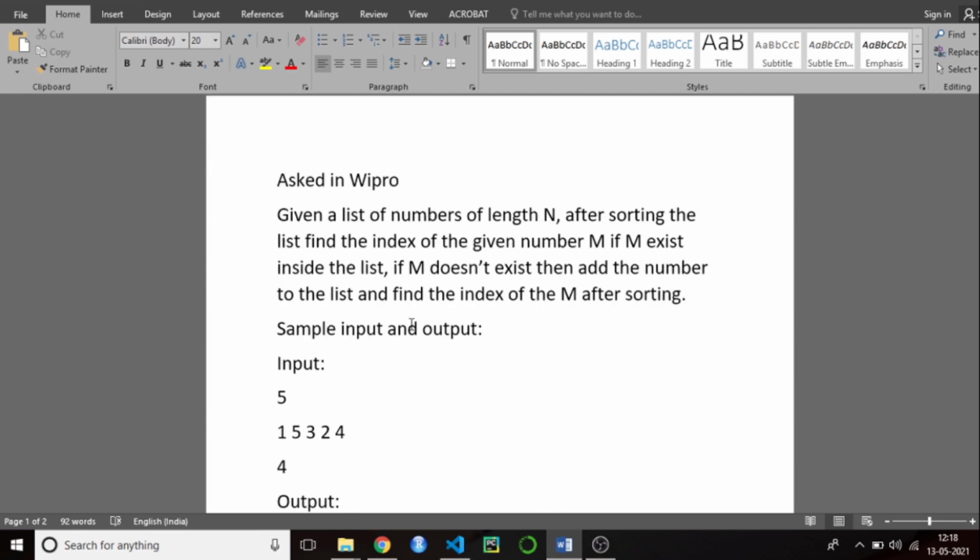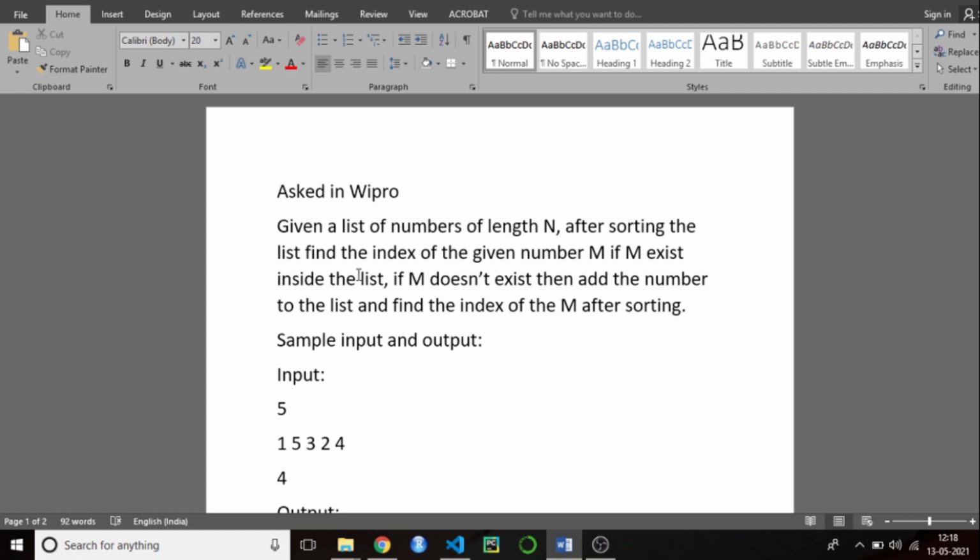Okay, let's get into the question and see how we can solve it. They have given a list of numbers of length n. After sorting the list, find the index of a given number m. So there is a list of length n and they are giving an element m. You need to find if m exists inside the list, then find the index of m.